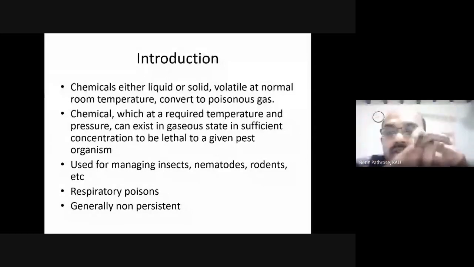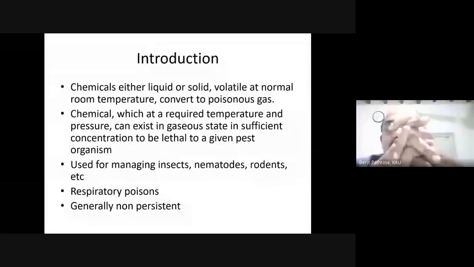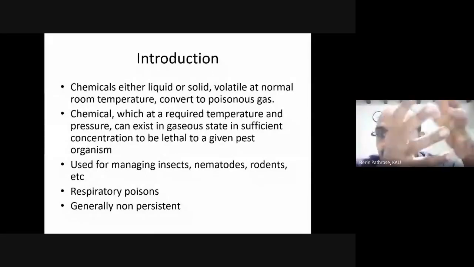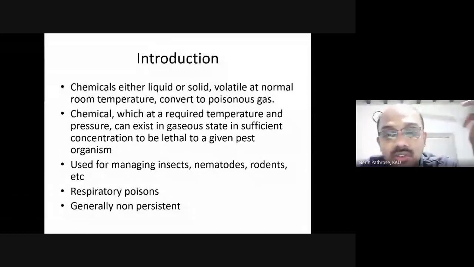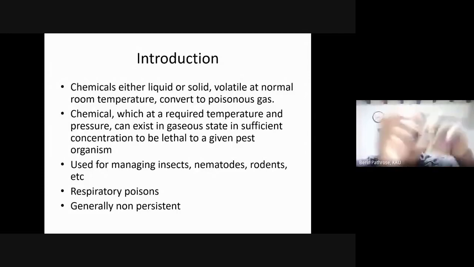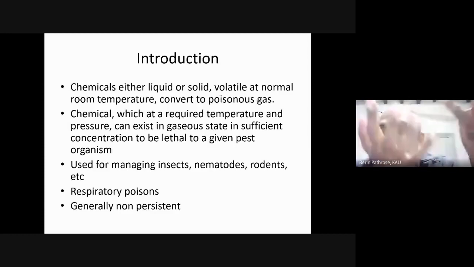Whenever we are going for fumigation, it has to be in a confined space. If you keep it outside, say in an open space, it won't have any effect. It will evaporate and convert into a gaseous form. Once it is in the gaseous form, it will mix with the atmospheric gas. It is lost. So that is one typical feature of a fumigant: it doesn't persist at all. There are certain fumigants which slightly persist depending upon the material which we try to fumigate. Otherwise, once you release it into the atmosphere, it is non-persistent.